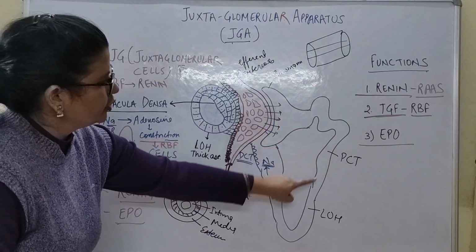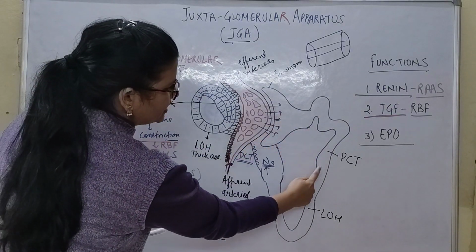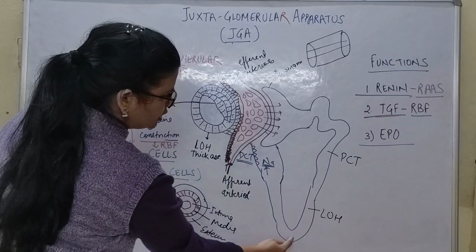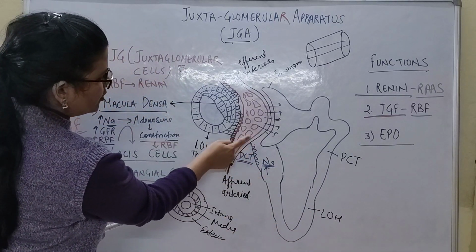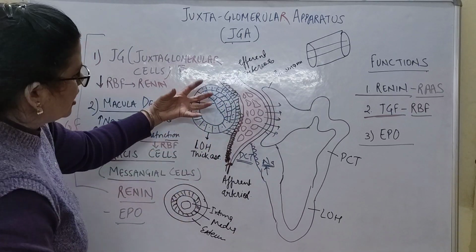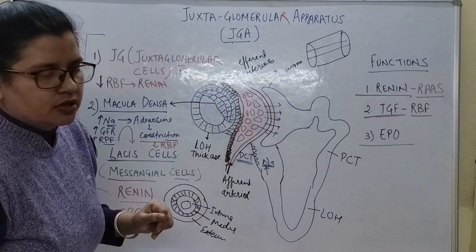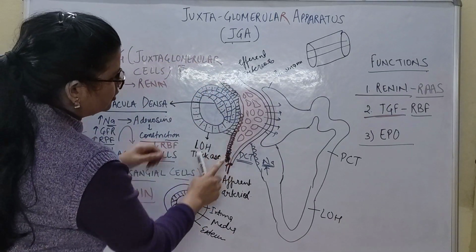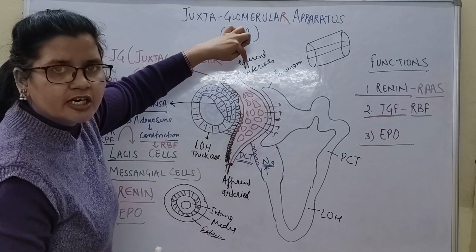I have drawn a tubule, a renal tubule. This part is the Bowman capsule. This is the PCT, proximal convoluted tubule. This is the loop of Henle, and this is the ascending loop of Henle, right? This ascending loop of Henle is coming from here, and this is a cut section. It comes in close proximity to the afferent and efferent arteriole. So this is the afferent arteriole, these are the tuft of capillaries, and this is the efferent arteriole.